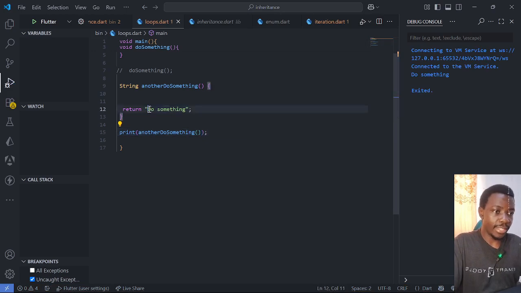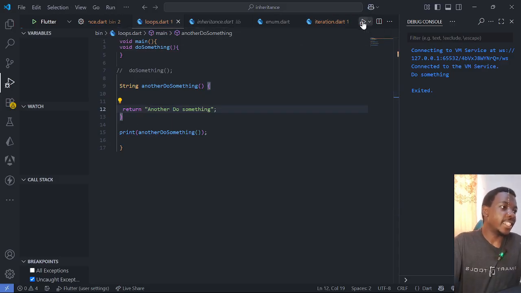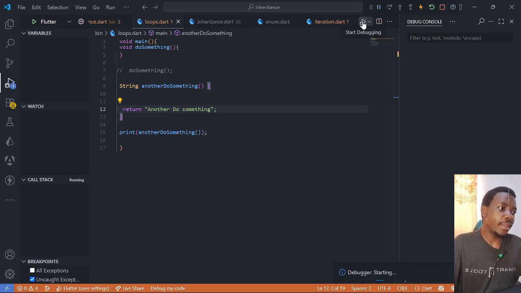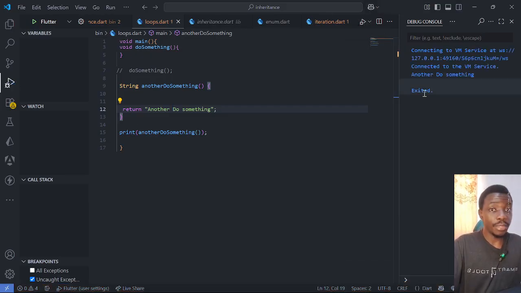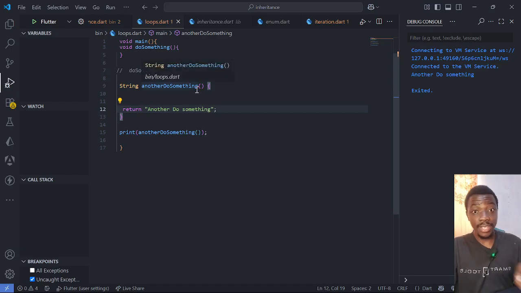Let's just say anotherDoSomething, and when we run it we will see anotherDoSomething, because this function, after it has been executed, the thing that it's returning is a